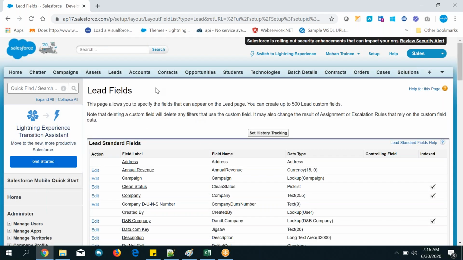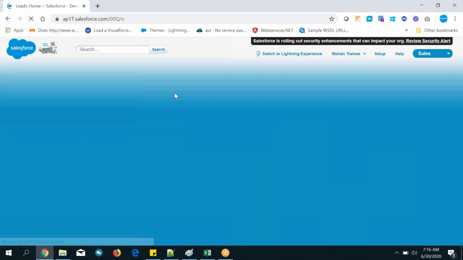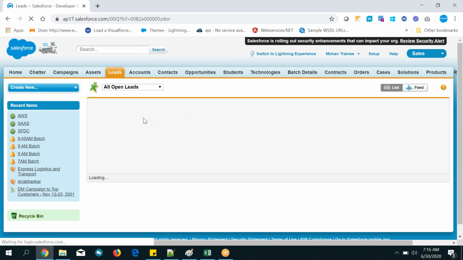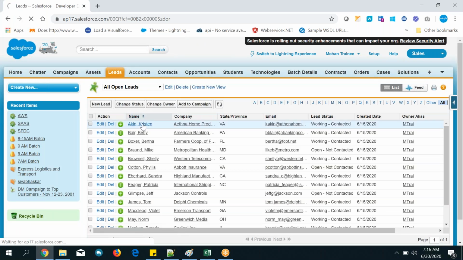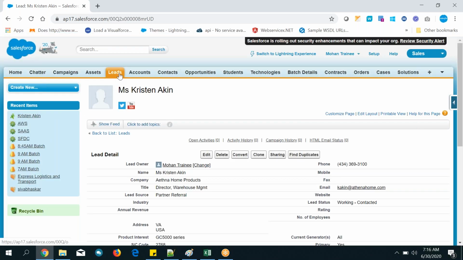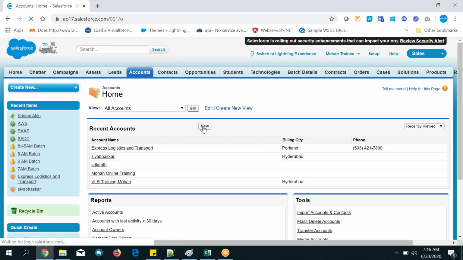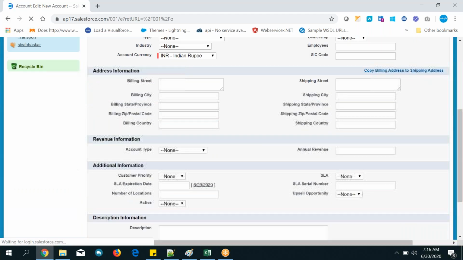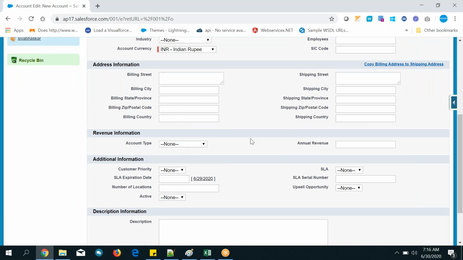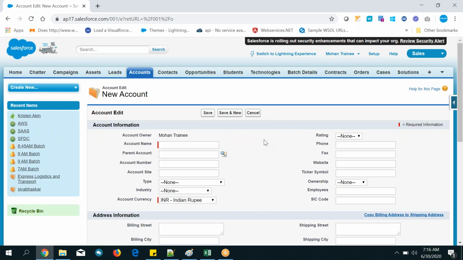Okay, that is done. Once you have created it, you need to go to all the standard object tabs, and if you want to see existing records, you can see them like this. These are records already created by Salesforce, sample records for our reference purpose. If you want to create a new record, click on the new button, enter the data, and the custom field which you have created will be displayed over here. I think yesterday I created a field here like this, and like this you need to adapt standard objects also.